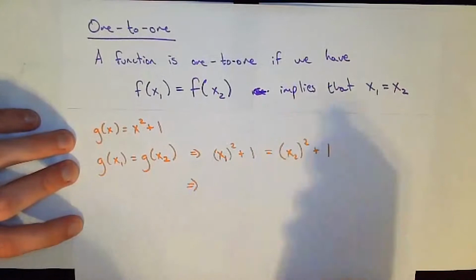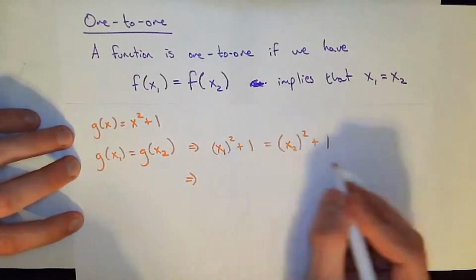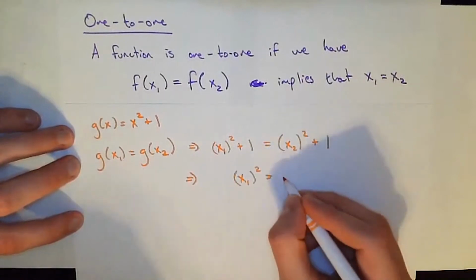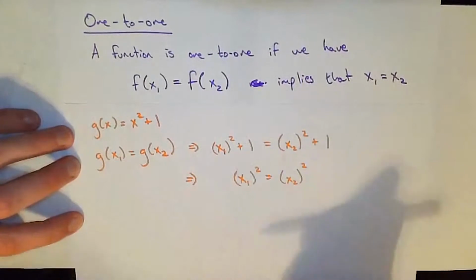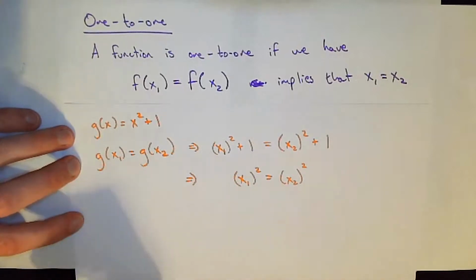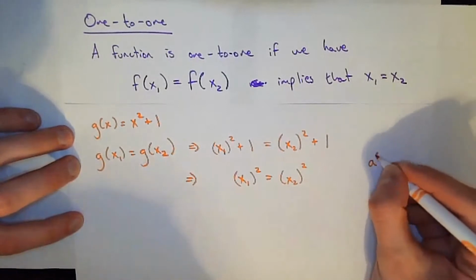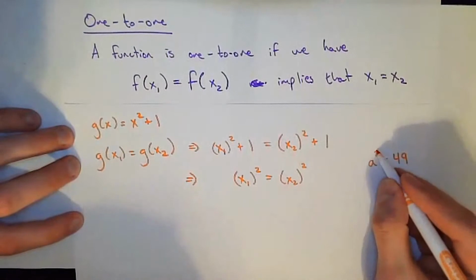Okay, now I'm just going to proceed through the algebra just like I did a second ago with the f of x function. So subtract 1 from both sides, so I'm getting x1 squared. Do I really need the parentheses? Probably not, but that's okay. Subtracting 1 from both sides. Now when I square root, what's going to happen here? When you're square rooting in an equation, like if I have a squared equals 49 and I square root both sides,